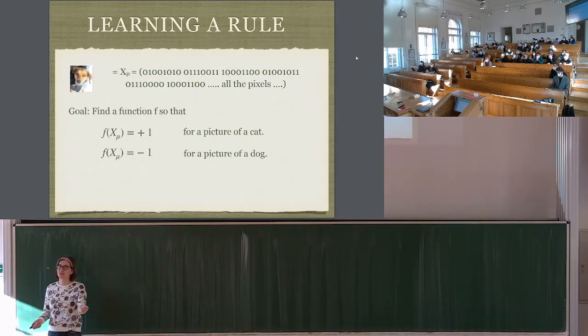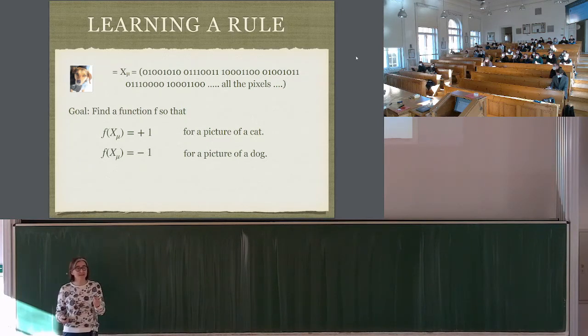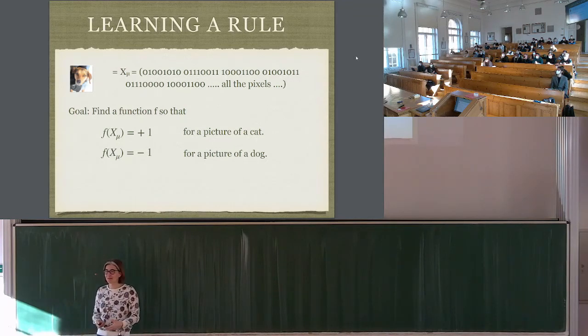If I have 1,000 of them, mu runs from 1 to 1,000. And then for a computer to learn to recognize a cat from a dog means that it must come up with a function, a mathematical function, such as sine x or x squared. But here it needs to be something much more complicated of x, so that if you put in x that is a cat, it gives you +1. And if you put in x that is a dog, it gives you -1. A mathematical function, just like the functions you learn about in math.